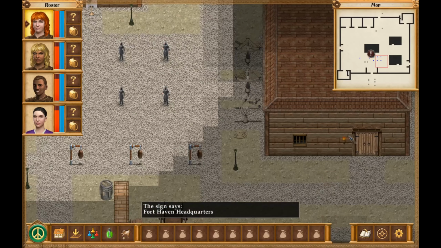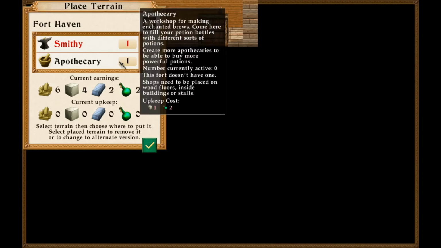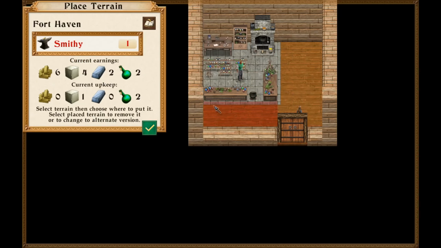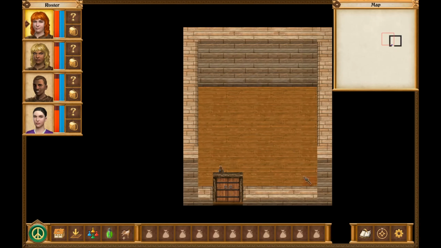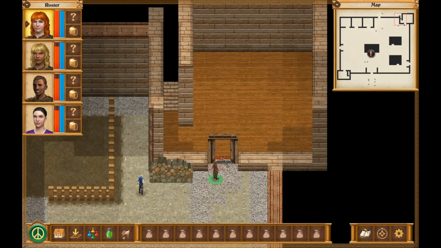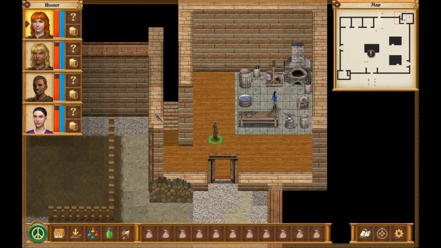Alright, so let's go on over to here. We'll come in and place, let's apothecary. Yeah, sure. Okay. So that's that one. Let's go back over here and inside. Actually, you know what? Let's do the smithy in the tower back here because there's a bit more room. So let's place a smithy and we'll do that right there. Okay, so we have a blacksmith and we have, okay,